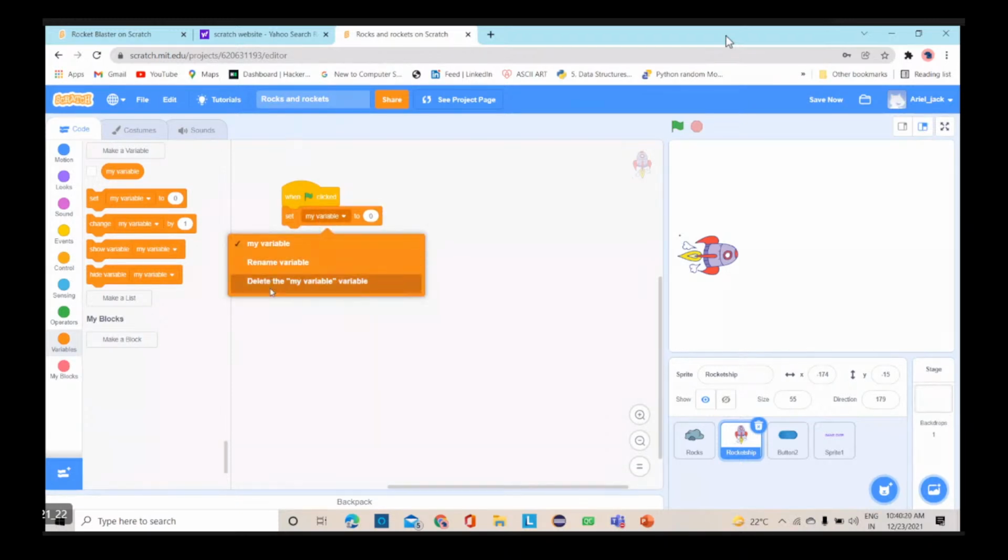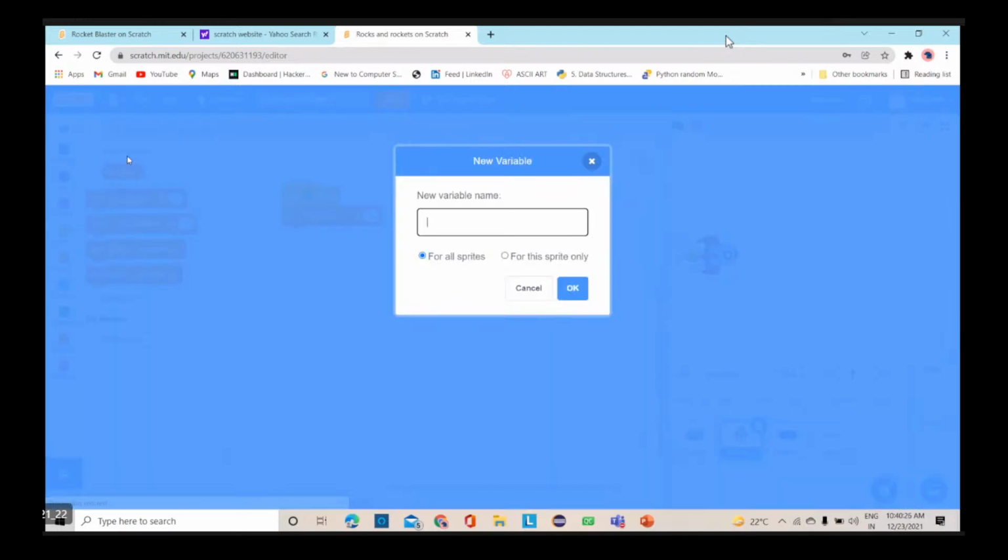Now I don't have such variable called score, right? So I'll make one. Make my variables. If you don't know what a variable is, it's something whose value changes, right? So when we blast the rocks, our score increases. So we'll create that variable score, and we'll create